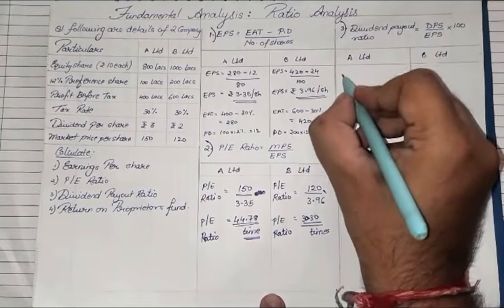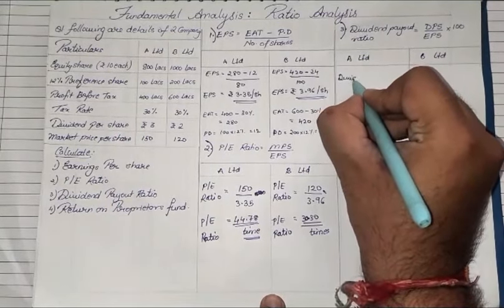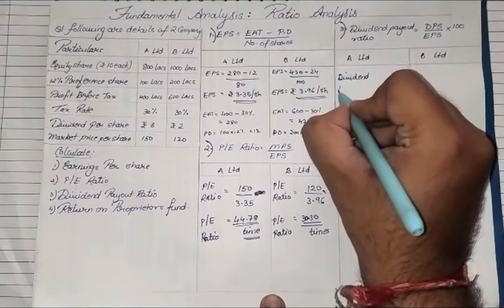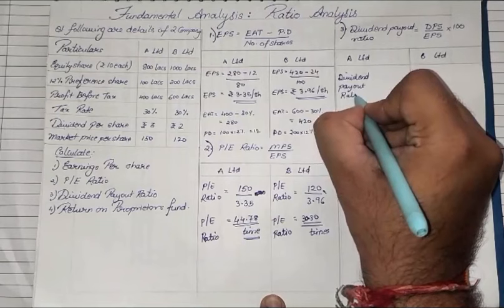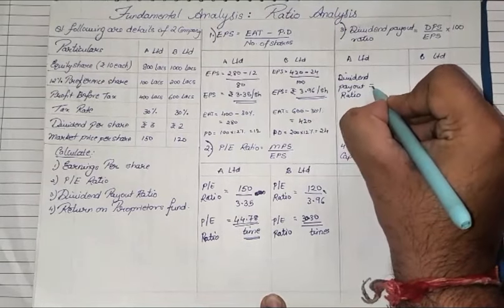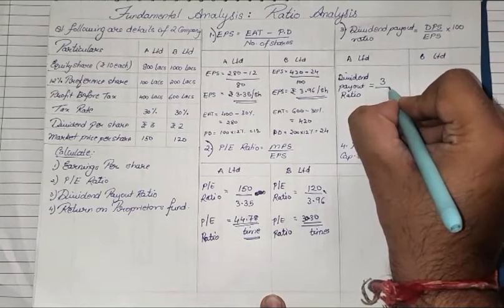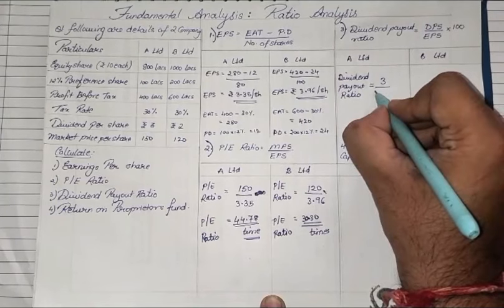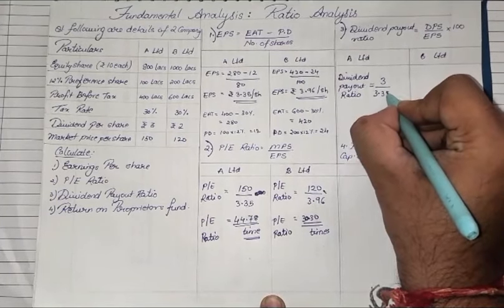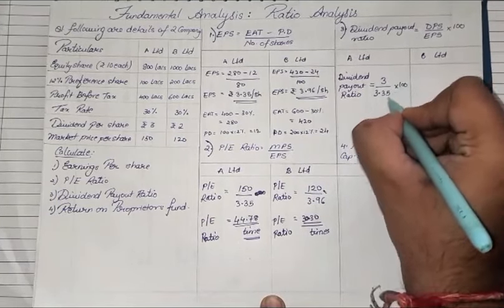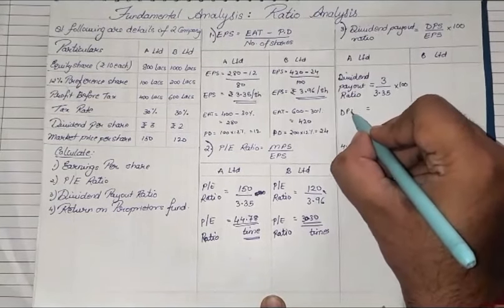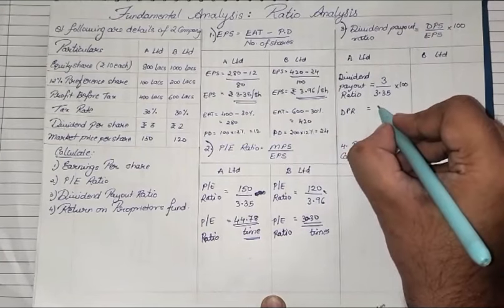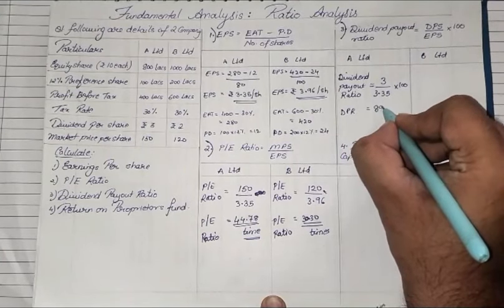So for A Limited, the dividend payout ratio is equal to dividend per share, which is rupees 3, upon earning per share, that is 3.35, into 100. So when you divide and multiply, your dividend payout ratio, we call it as DPR, will be equal to approximately